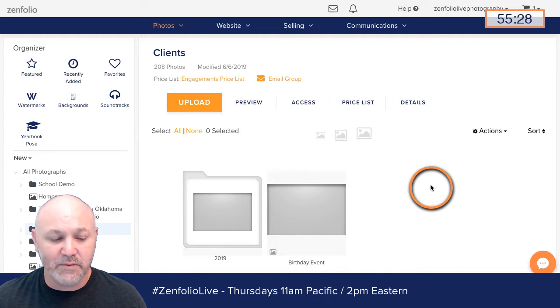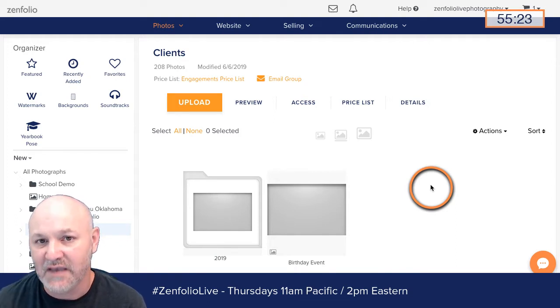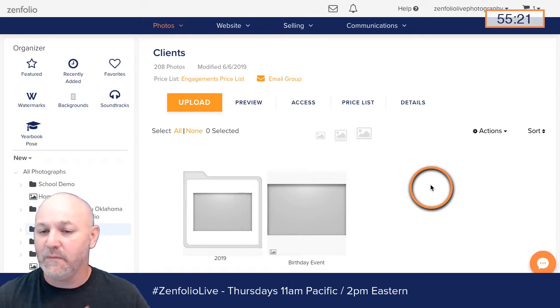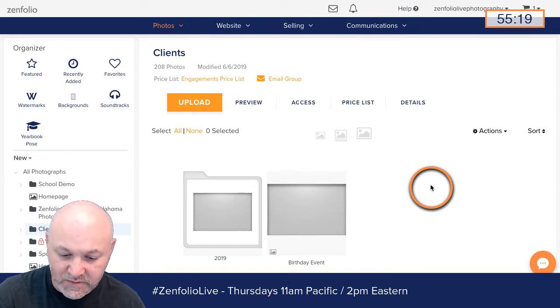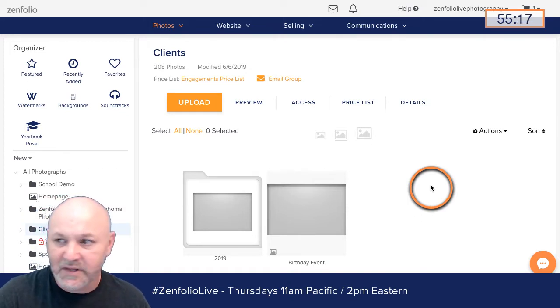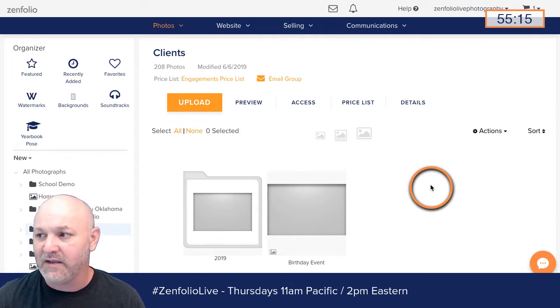And like I said, some of the benefits are that it saves you time, right? You don't have to actually sit there and design the album for them. You don't have to do the back and forth of creating an album design, sharing it, making updates. So it saves you all of that back and forth time.